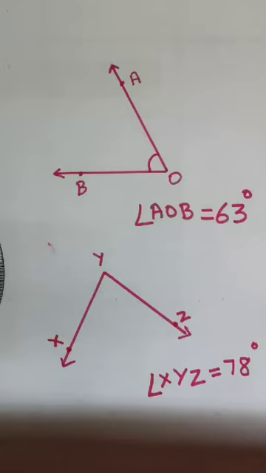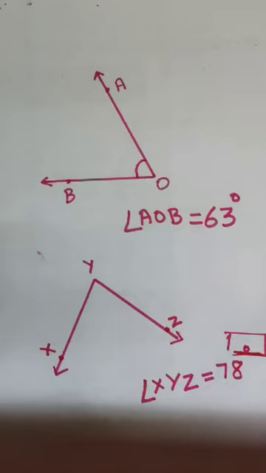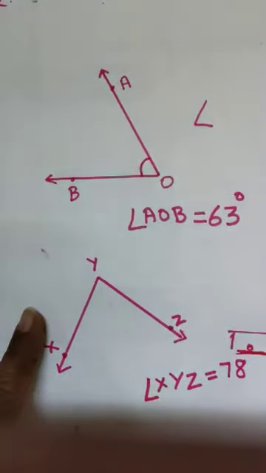See beta, 2-3 things are very important. First of all, when you are making any angle, you will make it with the help of scale and pencil only. Always write down the degree sign. This degree is very important. Don't write angle XYZ equal to 78. You will write angle XYZ equal to 78 degree. And making this angle sign is also very important, this angle sign like this. Okay, angle A, angle B. This is also very important.